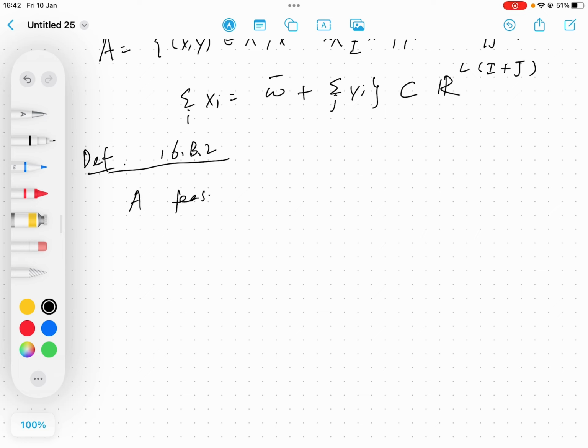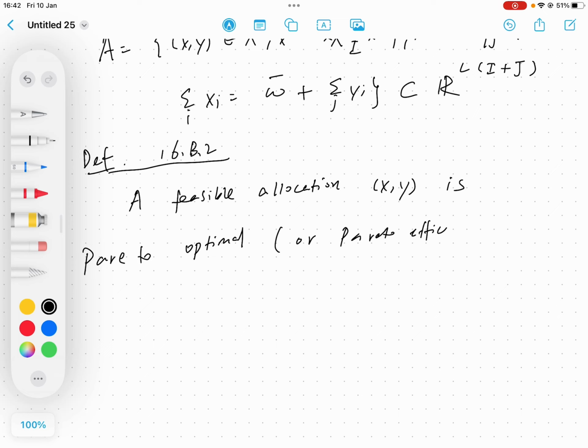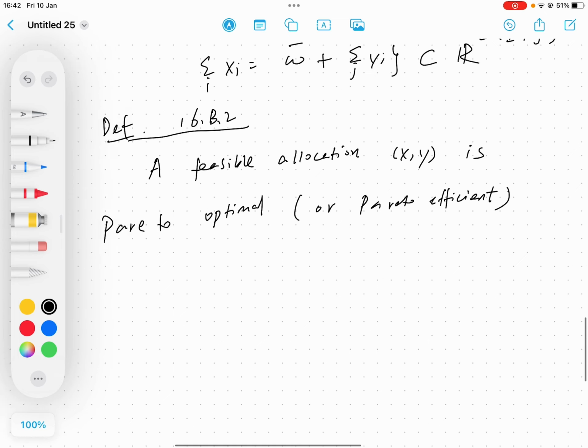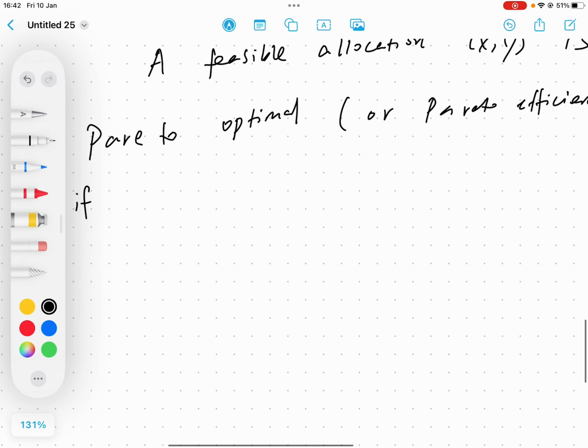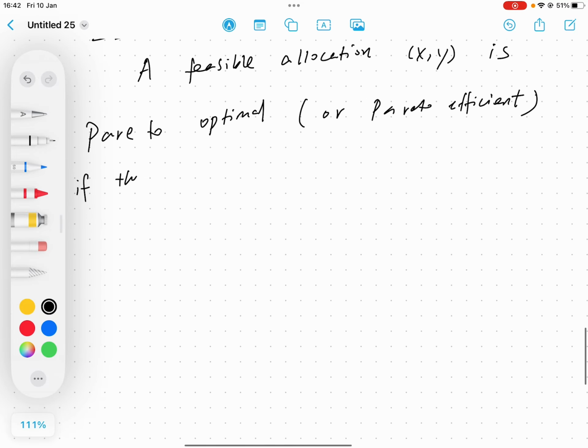We call a feasible allocation xy Pareto optimal, or Pareto efficient, same thing, if there is no other allocation x prime, y prime, also in the set A, that Pareto